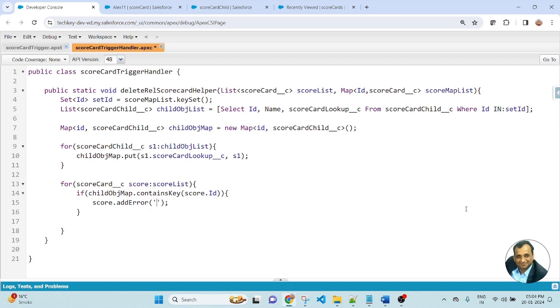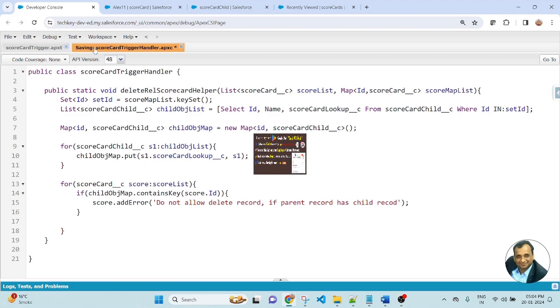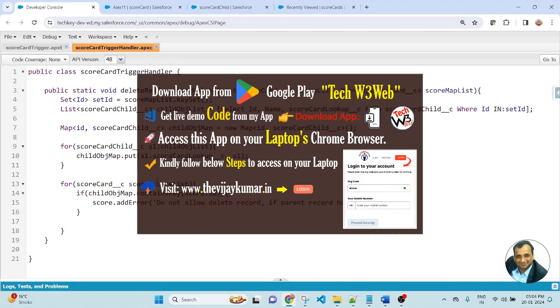The message will be: do not allow delete record if parent record has child record. So the message will be displayed: do not allow delete record if parent record has child record. Then save the file. The file has been saved successfully.